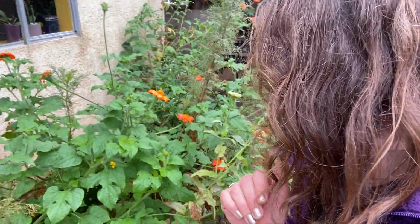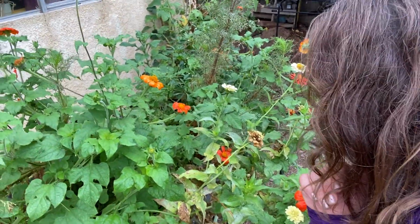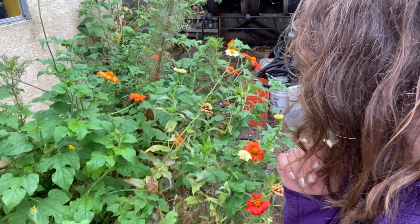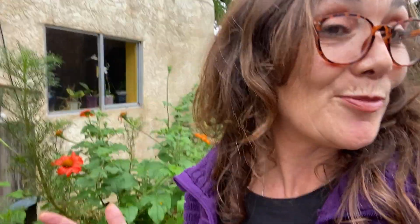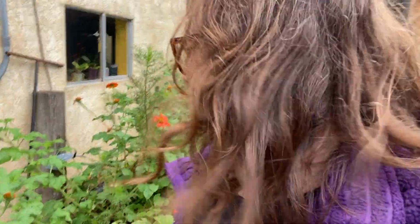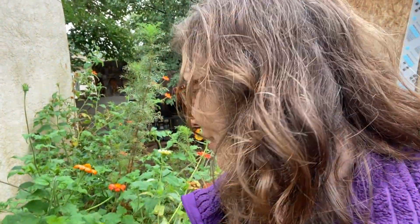Back to natural predators over here in the little mini gray water garden. Lost track of my mantis friend. She's traipsed off, trying to get out of my vision, probably. But I also have a lot of lizards, and lizards have moved in to help me out with a cockroach problem that I was having due to all my gardening, because most of the cockroaches, at least in our area, are outdoor critters unless you have something going on inside. Thankfully, they stay outside, but they were getting abundant because of a lot of mulch and a lot of garden beds. And so the birds love it here, and now I have a lot of lizards that have moved in,